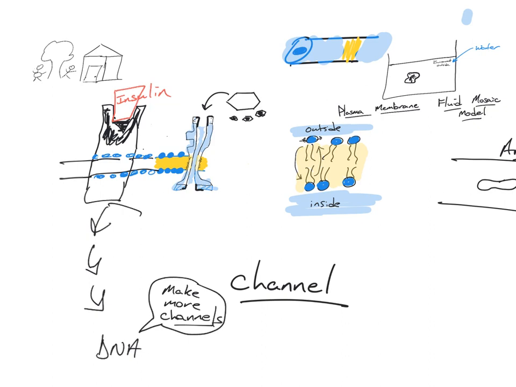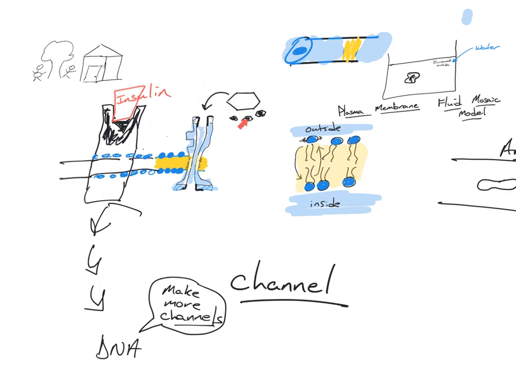So it sends a signal. Insulin is a hormone that your pancreas releases. It tells the cells in all the cells of your body except your brain. Your brain doesn't need this. Your brain has these in the membrane all the time. But insulin binds to all the other cells of your body and sends a signal from that protein in the membrane down to the DNA that says, hey, make more channels. Because what makes proteins? DNA. So DNA says, okay, I'll make more sugar channels, and makes them, then sends them through a bunch of different pathways, and you get a bunch more of these channels in the membrane that lets what? Sugar out of the blood and into the cells.